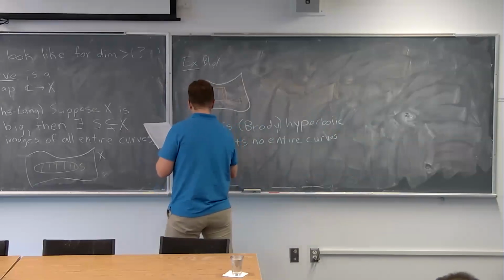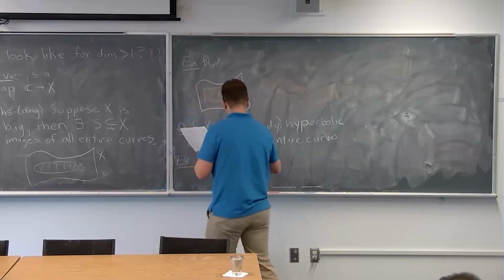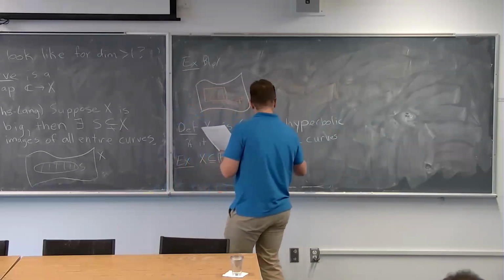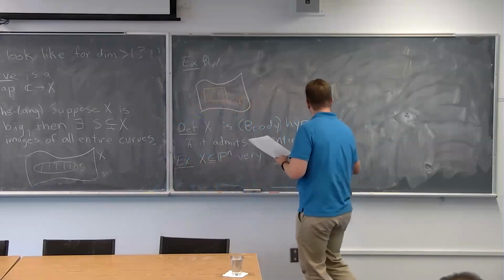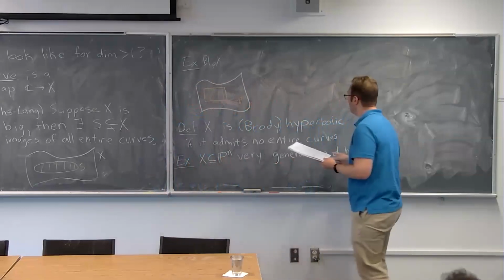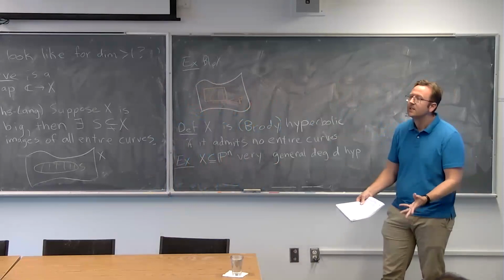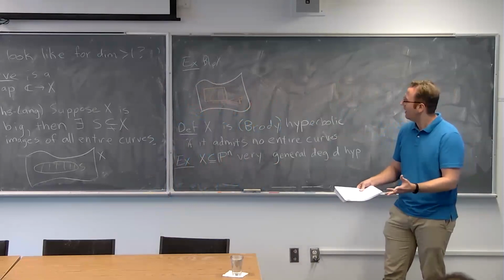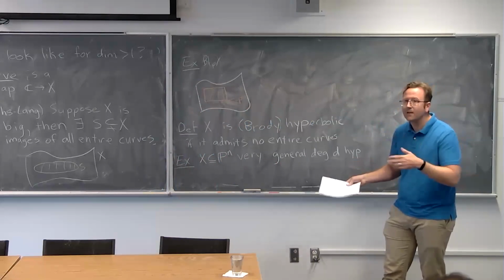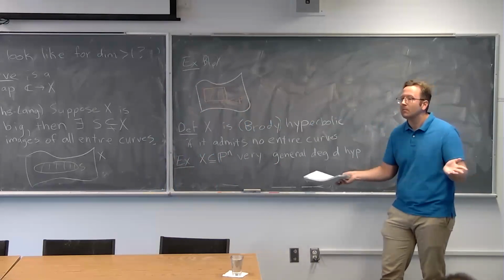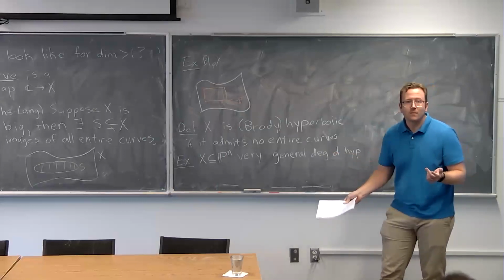If we take a hypersurface in Pn, which I want to make the motivating example of the talk, a very general degree d hypersurface. What do I mean by very general? I mean you've got a moduli space of hypersurfaces, and it's outside a union of countably many components. In layman's terms, it means just take a random number generator and use that to generate the coefficients of your polynomial. That's a very general hypersurface.